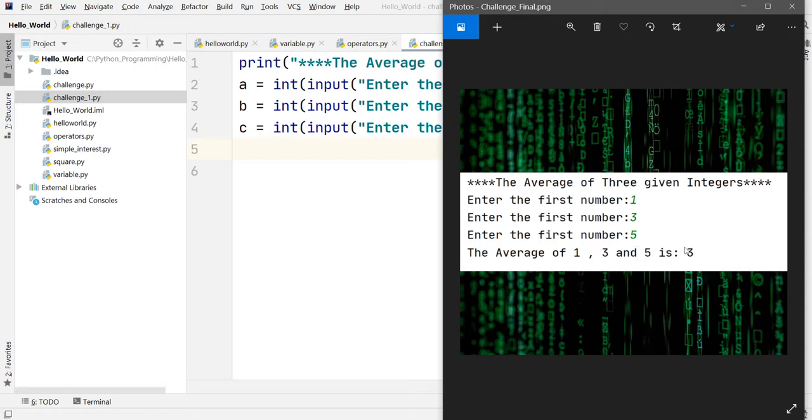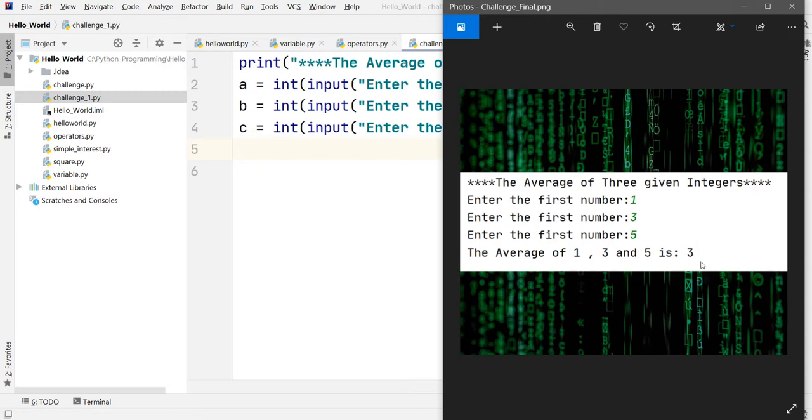Okay, so if you calculate the addition of these 3 numbers divided by 3, it will always be 3. But as a programmer, you will have to observe this carefully: whether this is 3 or 3.0. Whether our answer is coming in float or in integer is the important thing that we'll have to take care of. Accordingly, we will have to write the next line where we are going to perform our average.